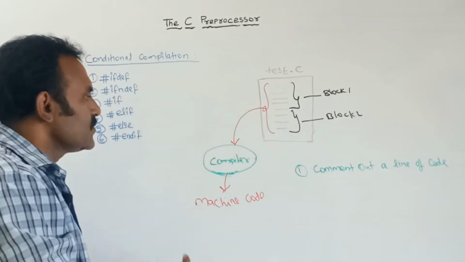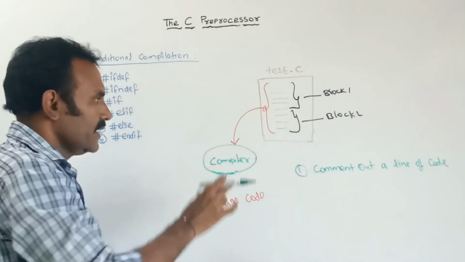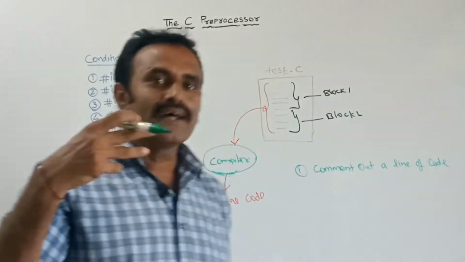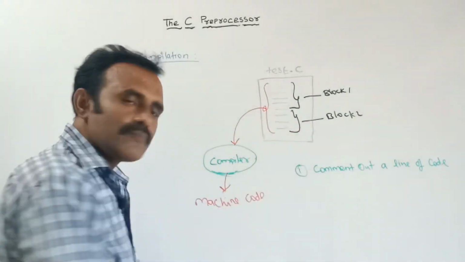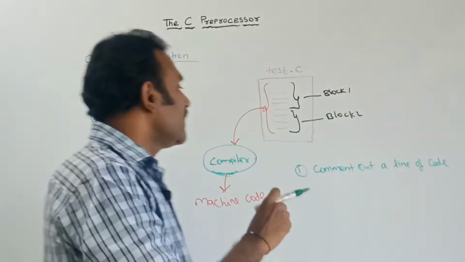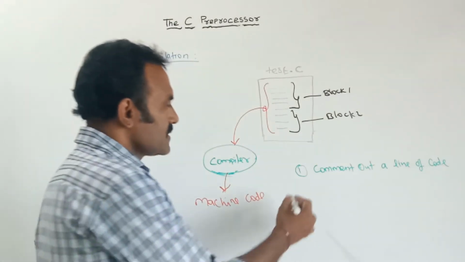So here at the execution time, the compiler will translate this block 2 statement only. Then after translating to the machine code, it will run this block 2 statements. Here block 1 statement will be ignored. So for this purpose, mainly we are using this conditional compilation. And the second one here,